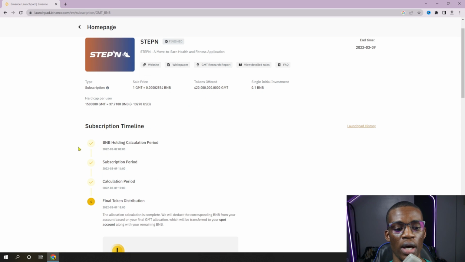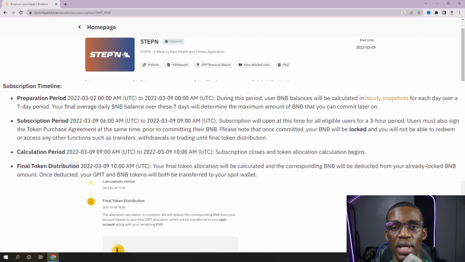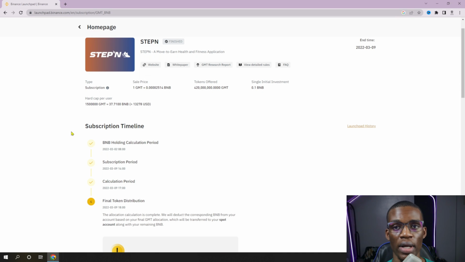So from here, Binance is going to take a snapshot of how much BNB you have within this period of time, and when it comes to the subscription period, they're going to calculate how much BNB you'll be able to allocate into this project during the calculation period. This is going to be based on how much BNB is in your wallet. Actually, any of your wallets that carries BNB is good,